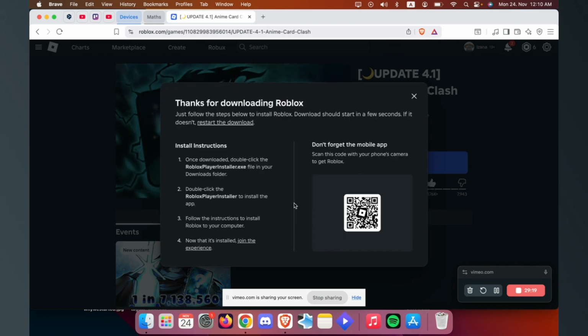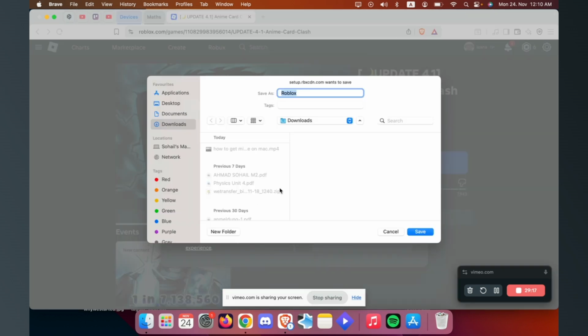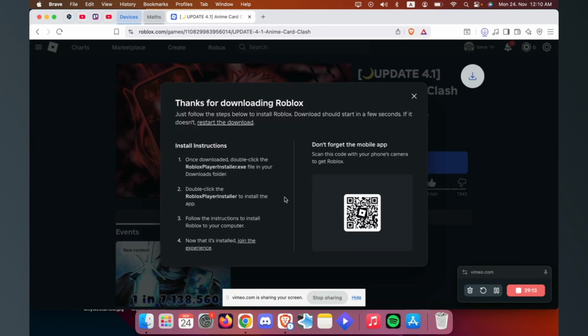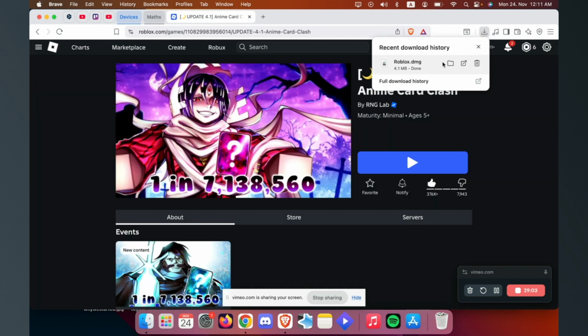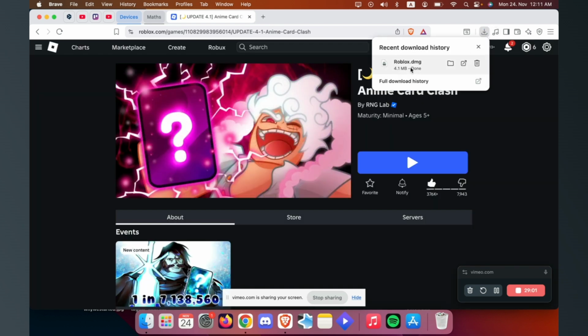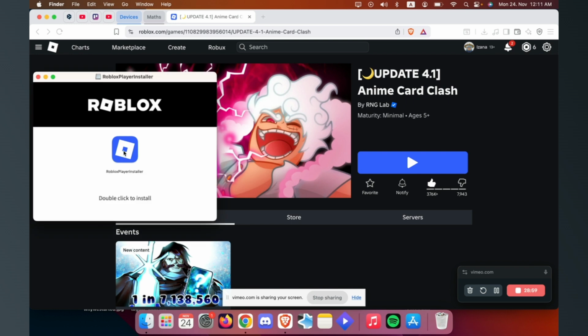So I'm just going to click on it, and then it's going to give me this pop-up. So I'm just going to click on enter and save that. You can also see that they have given us some install instructions, which you can just go ahead and read through, but I'm just going to close it, and I'm going to open the file which I just downloaded. I'm just going to double click on it,